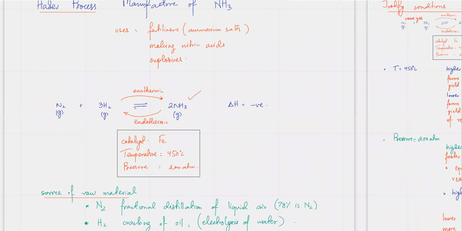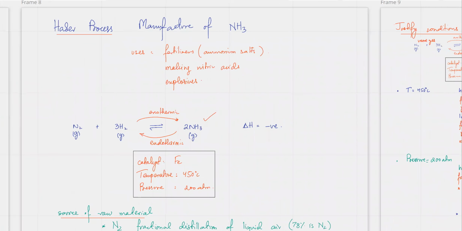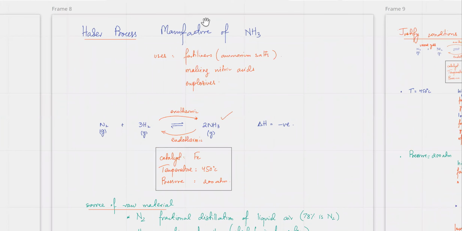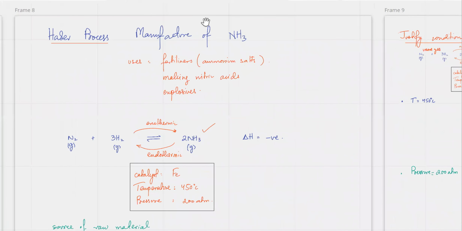Okay, that was the main thing. We started doing the Haber process, where we make ammonia. So we did rate of reaction, we did equilibrium, and within that we have to learn these two